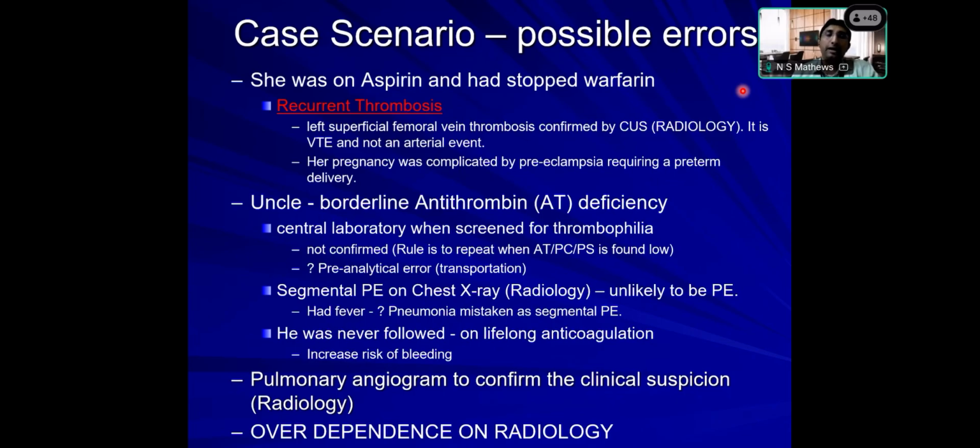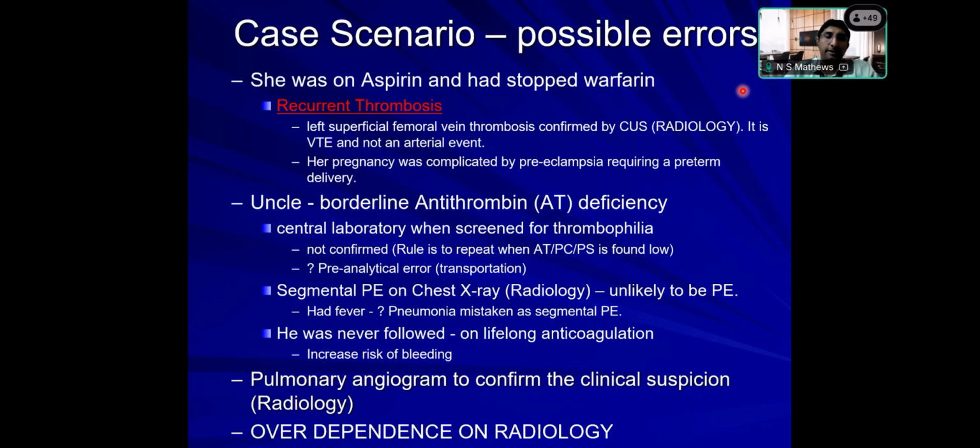Now coming to her uncle, he was diagnosed as borderline antithrombin deficiency at a centralized laboratory when screened for thrombophilia. Now this is not confirmed. Now the rule is when you have a deficiency in one of the factors such as antithrombin or protein C, whatever, once any of these are deficient, you need to repeat this at least once to confirm that it is actually low and it was not transient. The other thing is pre-analytical errors, as you have learned probably in your previous exercise,